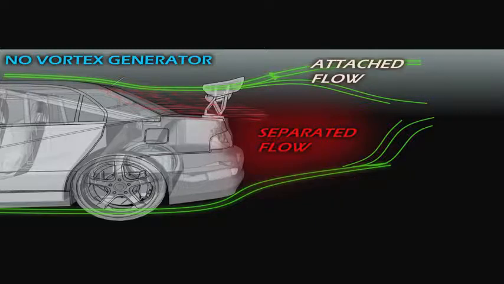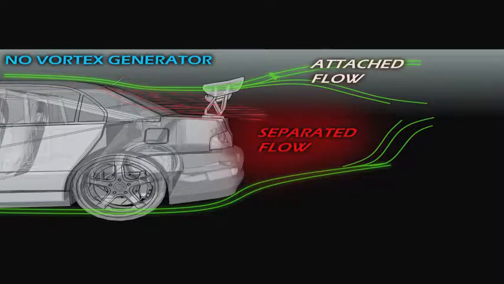To understand how the vortex generator works, we need to look at what happens when there is no vortex generator. So in this diagram, you can see the wing or the spoiler is at a slightly lower level to the roof. Now what happens as air flows over the roof, it drops down onto the wing, and this airflow is the attached fluid. Actually, that is basically the airflow that sticks to the surface of the roof and the spoiler. Now, as that air is attached and it comes off, there's also a bit of air that drops below the spoiler, and that is